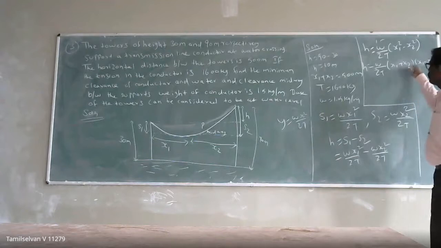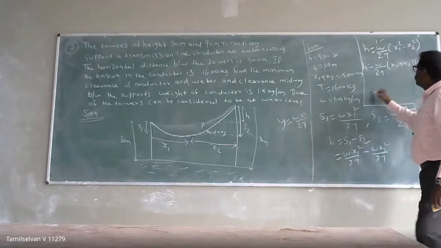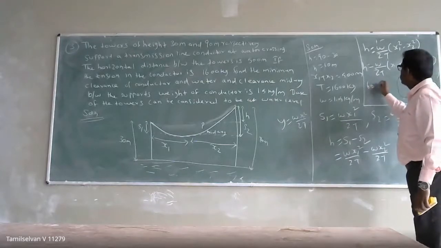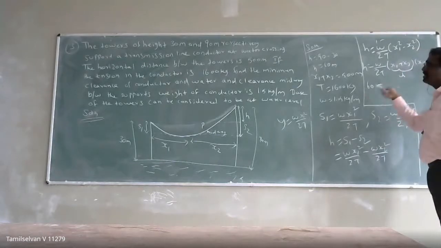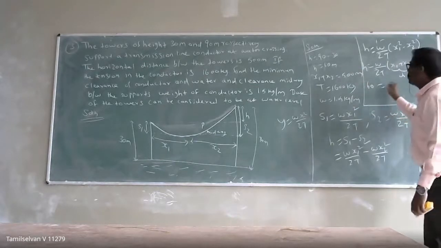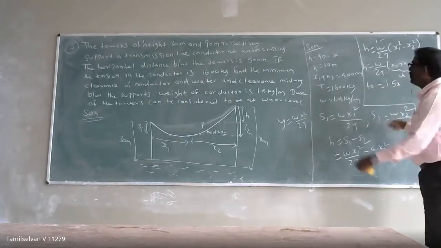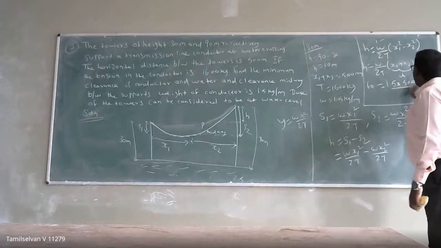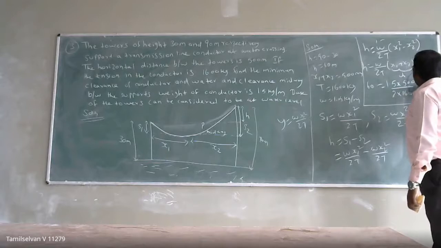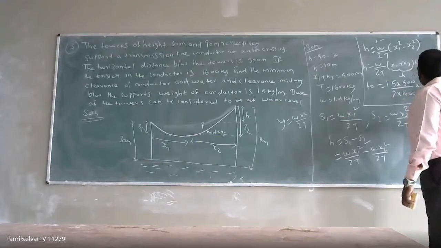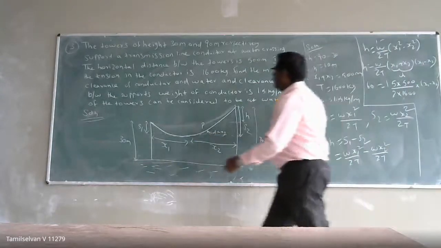This X1 plus X2 is the total span length, that is L. So the height H is 60. 60 is equal to L, the span length, which is 500. So W, the weight, is 1.5 into L, 500, divided by 2 into tension 1600, into X1 minus X2. So if you simplify,